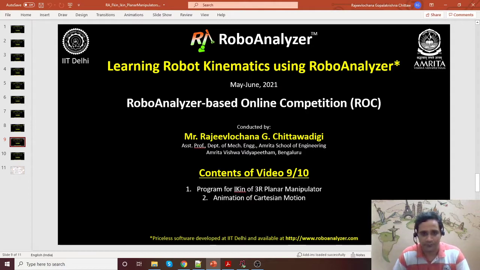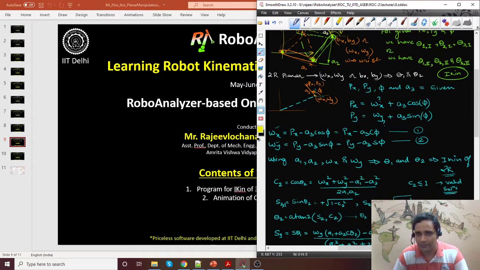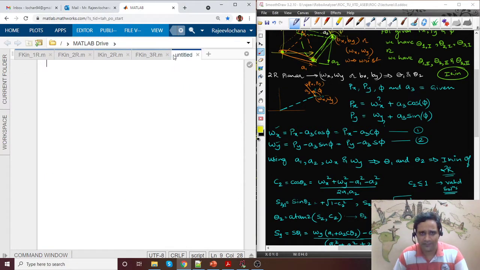Okay, so let us look very briefly at what we had done in the formulation stage. We considered a 3R planar manipulator and the formulations have been given here. We'll be looking at how to write the MATLAB code for the same. In one of the earlier videos I did make a few typing mistakes, so to avoid those let us write line by line code. First and foremost we would want clc, clear all, clf to be written in all the MATLAB files that you would program.